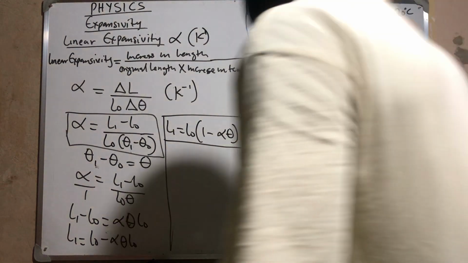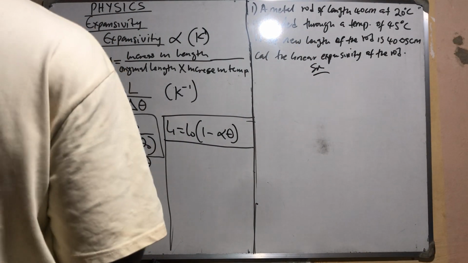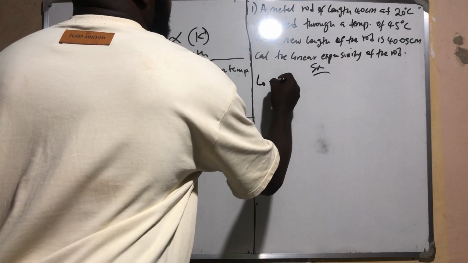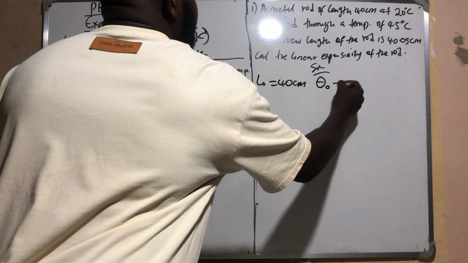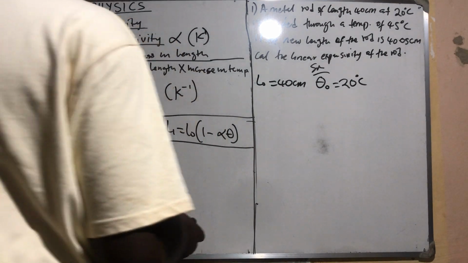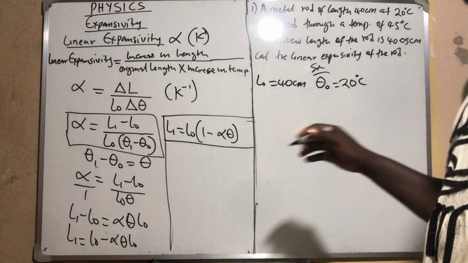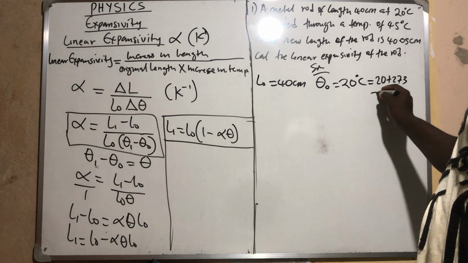Solution. This is a very simple question. Let us bring out our parameters. The first thing they gave us is the original length, which is 40 cm, and the original temperature, which is 20 degrees Celsius. Convert to Kelvin immediately, because the SI unit of linear expansivity is in Kelvin. So I have 20 plus 273, which will give you